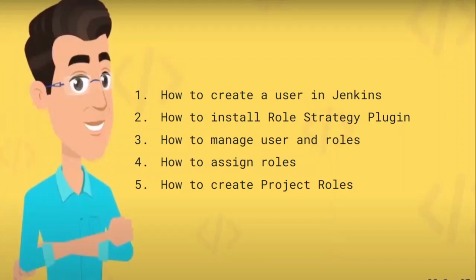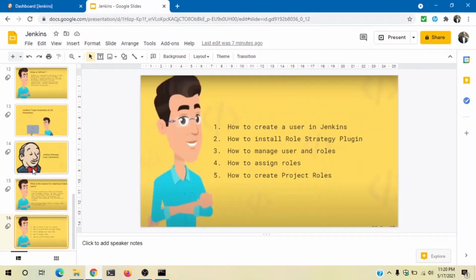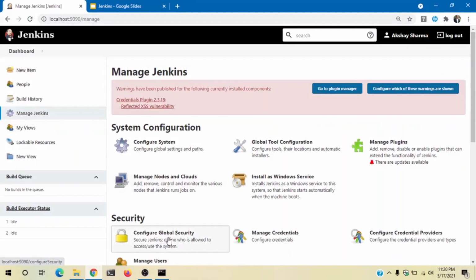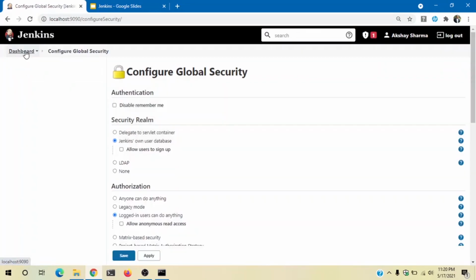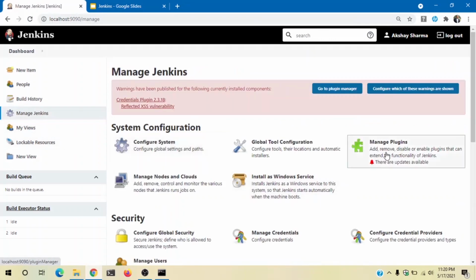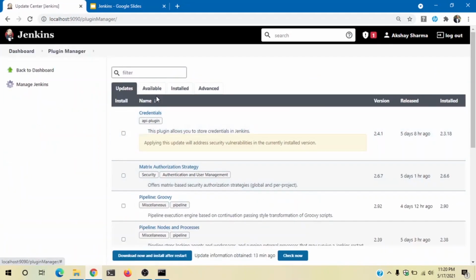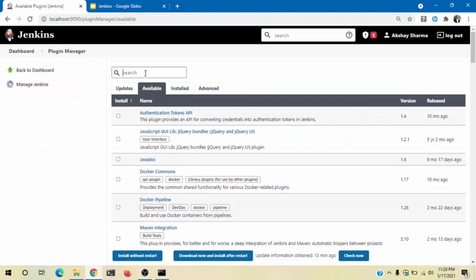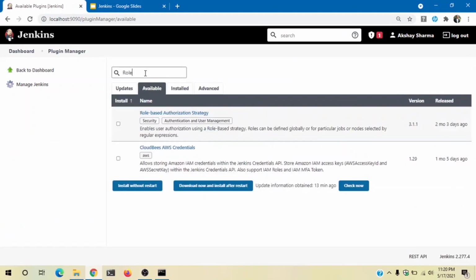In order to save time, I already have started Jenkins. We'll go to manage Jenkins, then we'll go to manage plugins. In the available section, we will search for role, and we will see role-based authentication strategy.